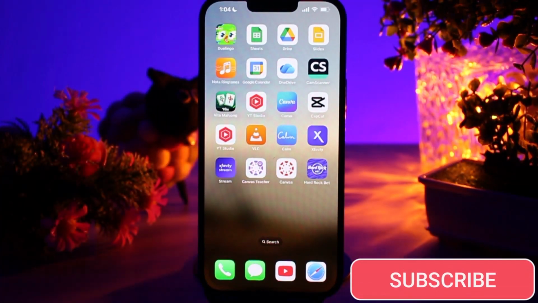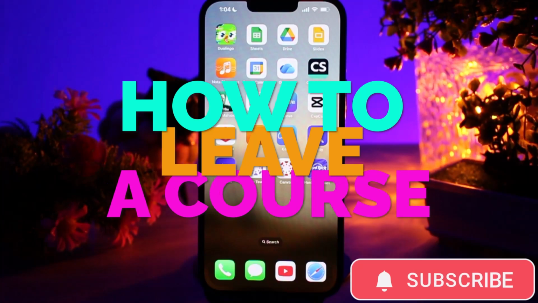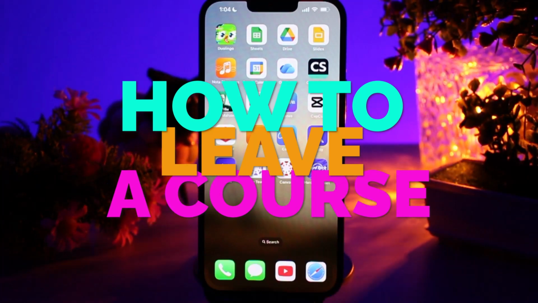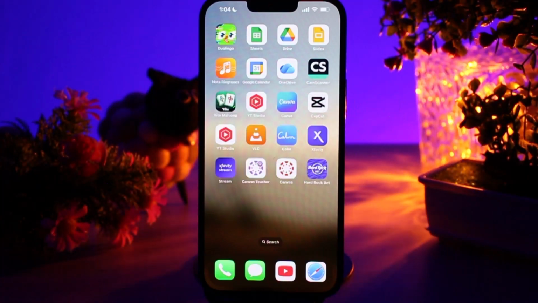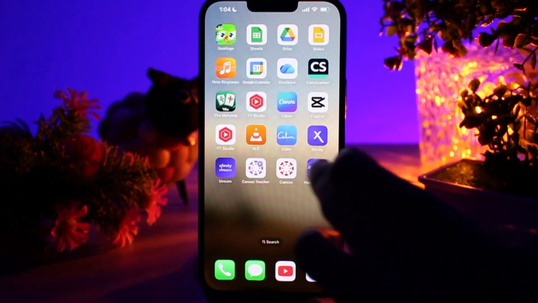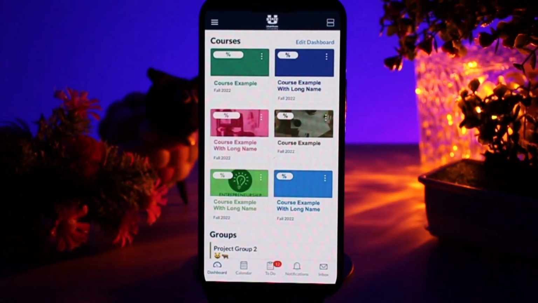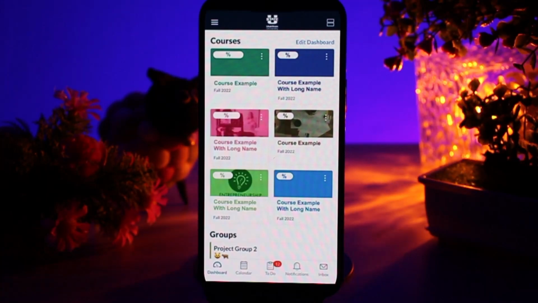In today's video, I will show you how to leave a course in Canvas using a phone. Let's get started. First, open the Canvas app on your phone and make sure you are logged into your account. Once you are on your home page, on the dashboard, find the course you want to leave and tap on